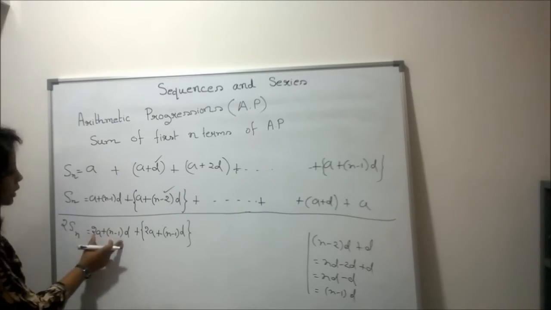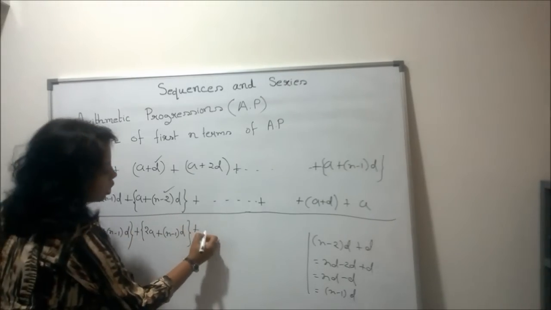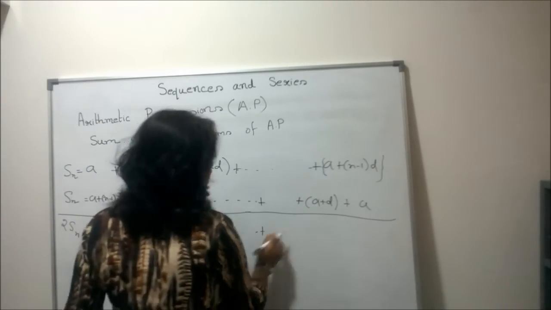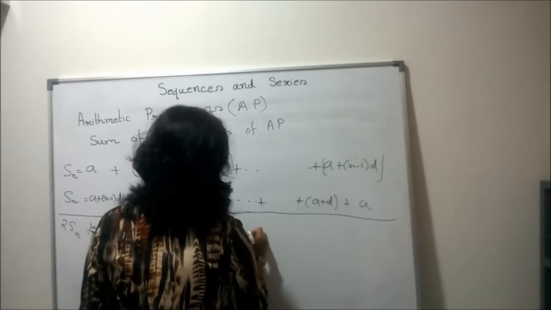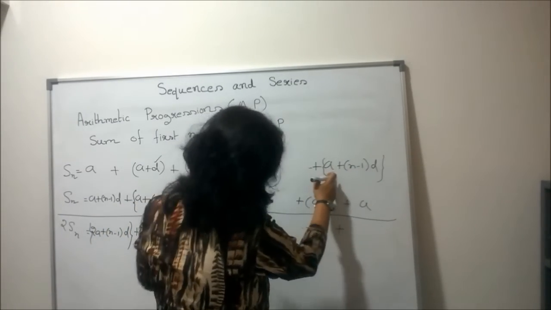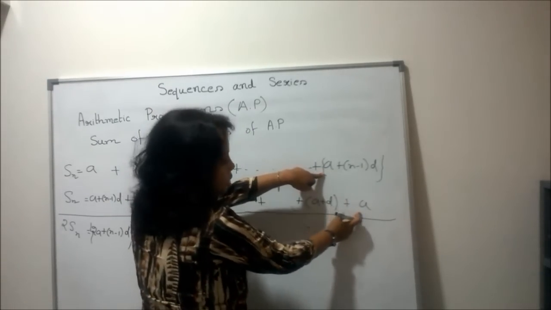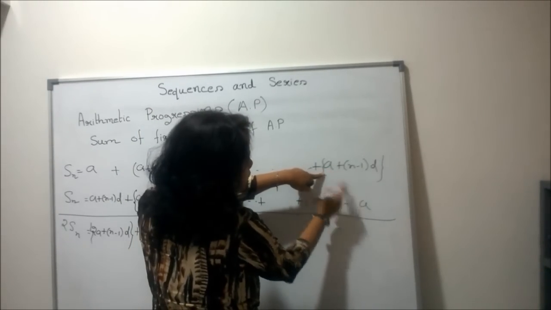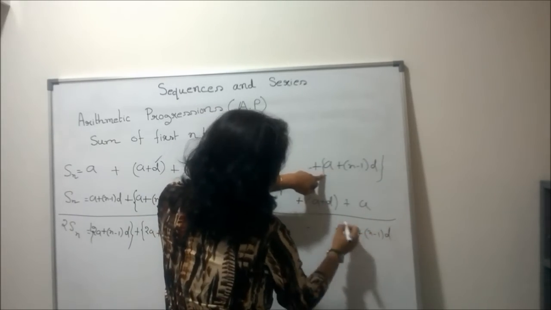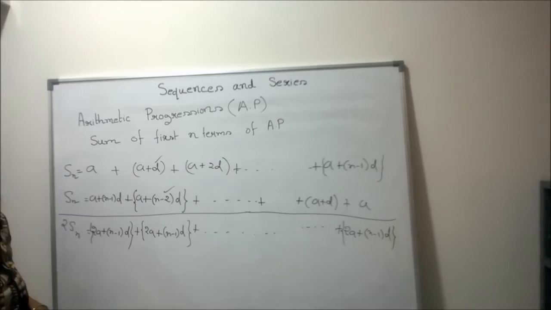Okay. Look at this, we are getting the same thing. Similarly, from all the terms we get the same thing. You check for the last two. For the last one, this is the last term for the first representation, and this is the last term for the second representation. So here we again add. Here is 2a plus n minus 1 d. So from all the terms we get 2a plus n minus 1 d.